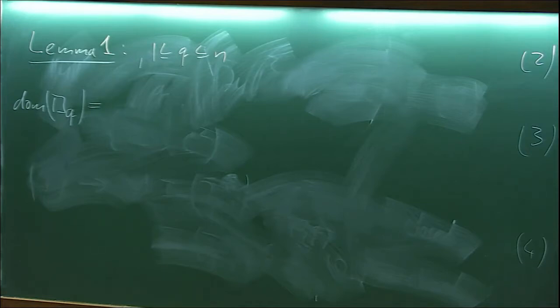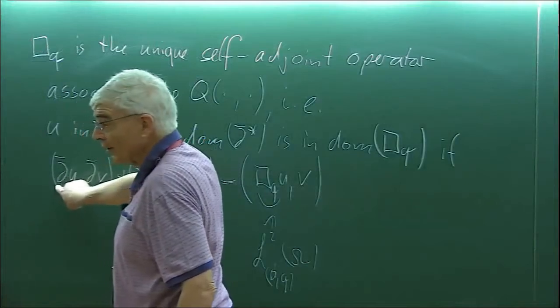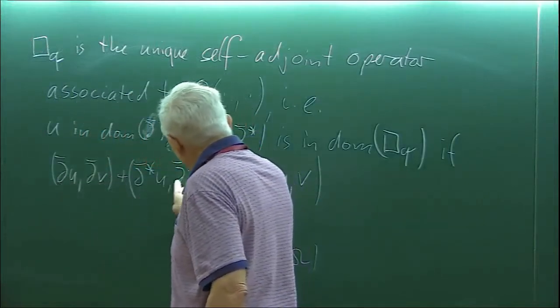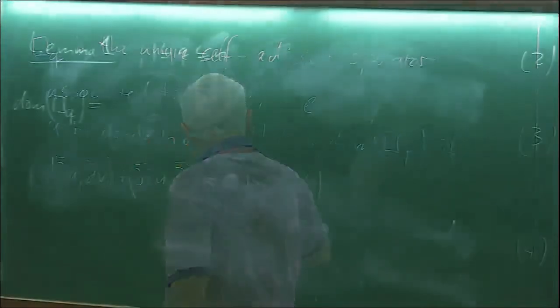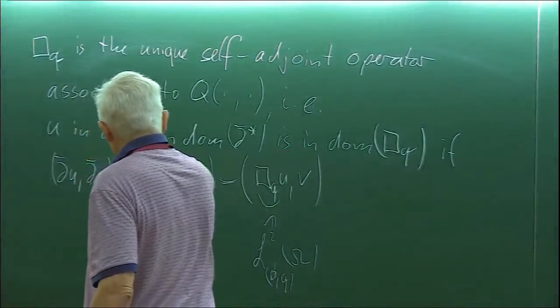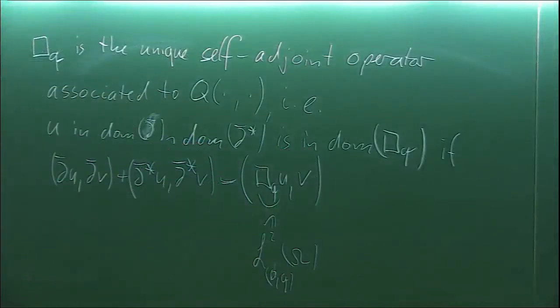If d bar U was in the domain of d bar star, you could take this over here. And if d bar star U was in the domain of d bar, you could take this over here. And then what you would get here would be d bar U plus d bar star U. And so this actually turns out to be what it is, namely